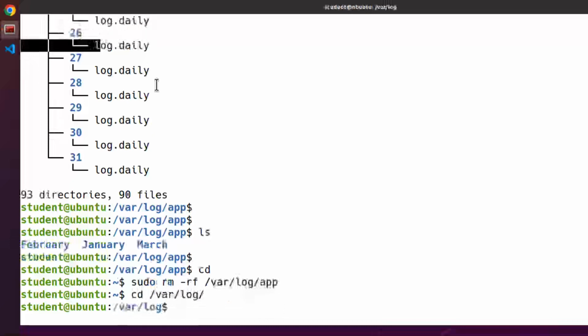The first step is to create the directories. Only root can create files and directories in /var, so I'm gonna run the commands as root with sudo mkdir -p, I'm creating the parents as well, /var/log/app, and now the brace expansion. So January/ another brace expansion for the month directories, 01..31. This was the inner brace expansion. February